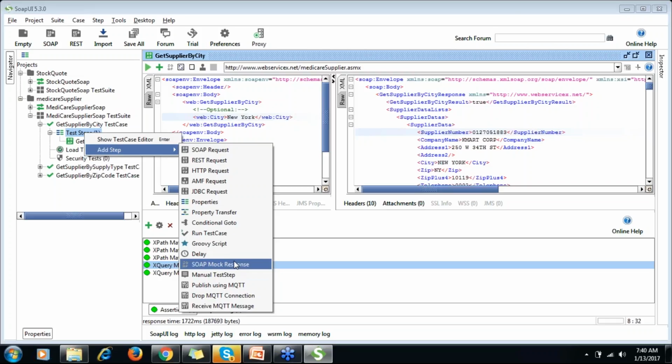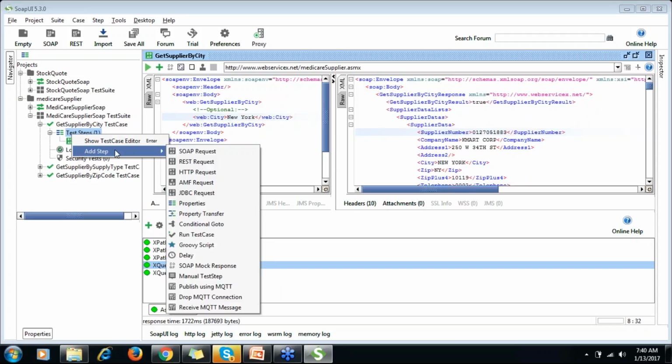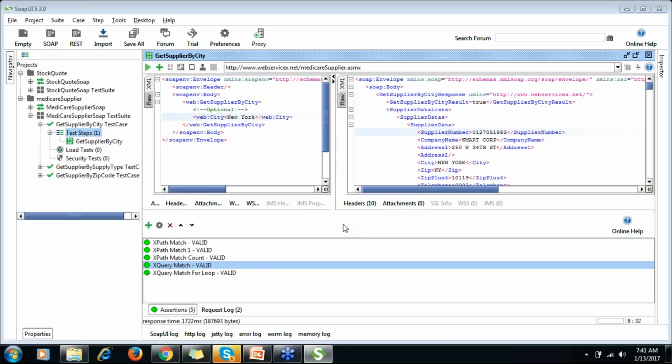Then you can add a SOAP mock response. A lot of things you can add as test steps. So from the next session onwards, we'll add some of these test steps and see how we can go further from there.